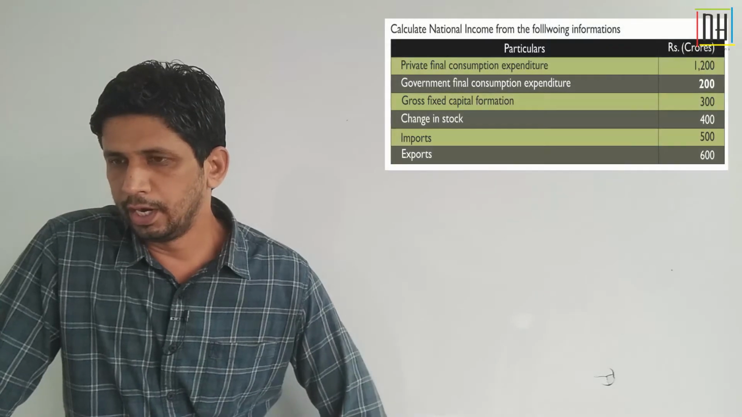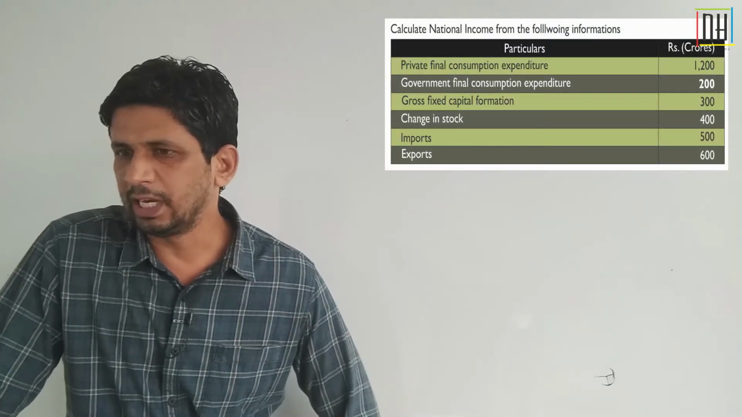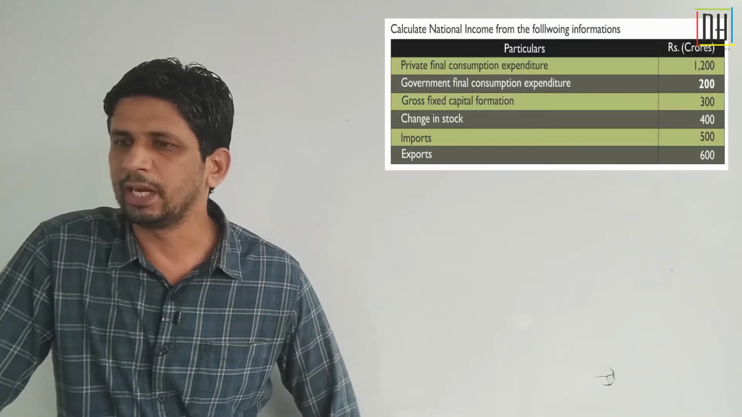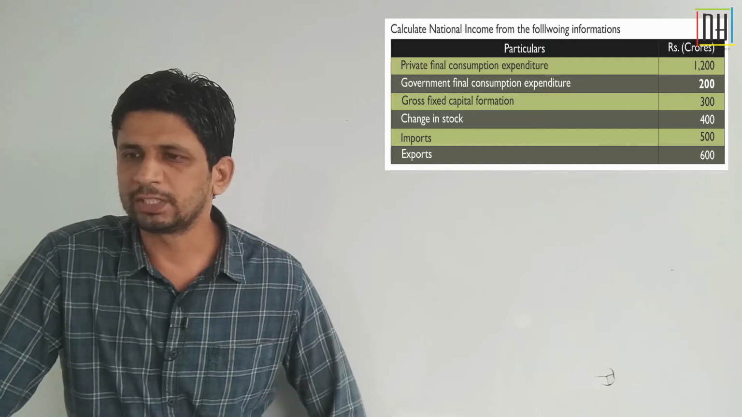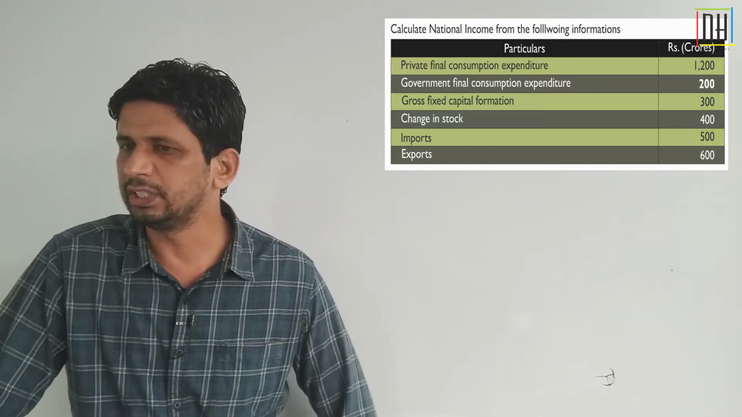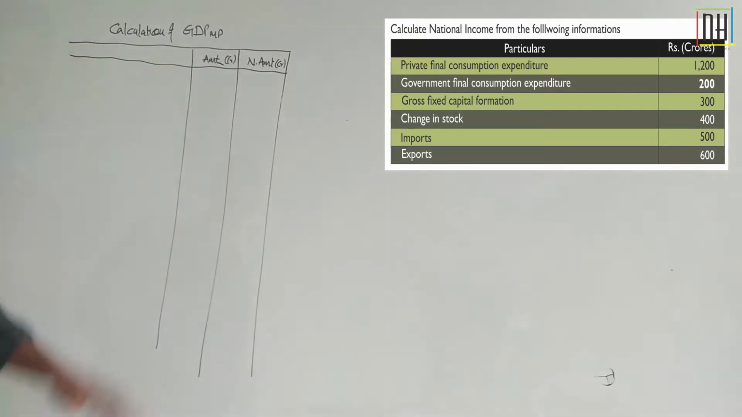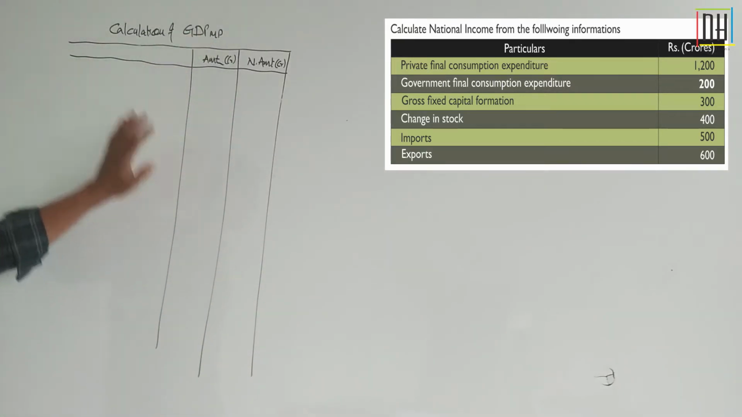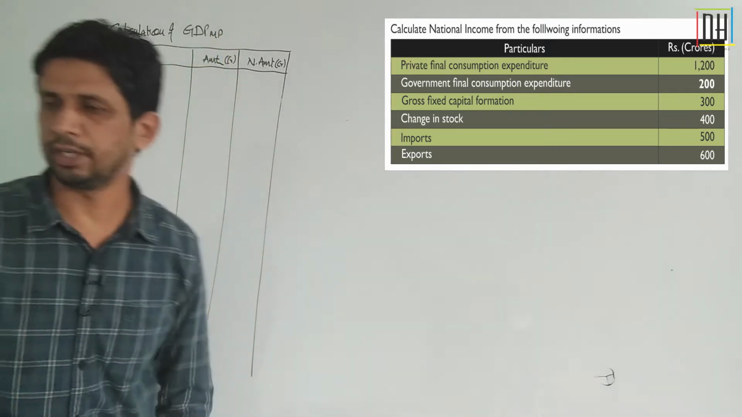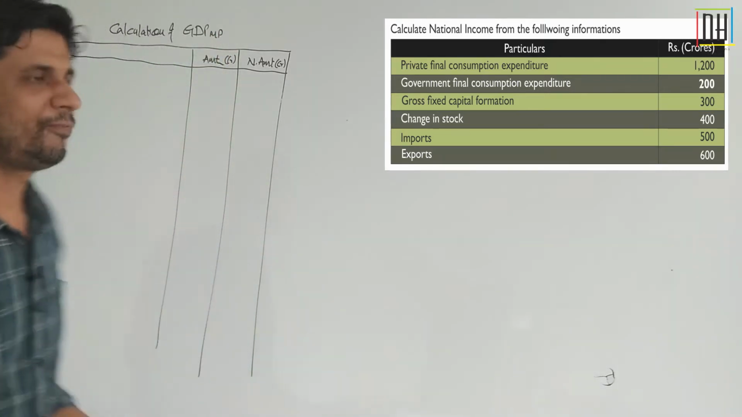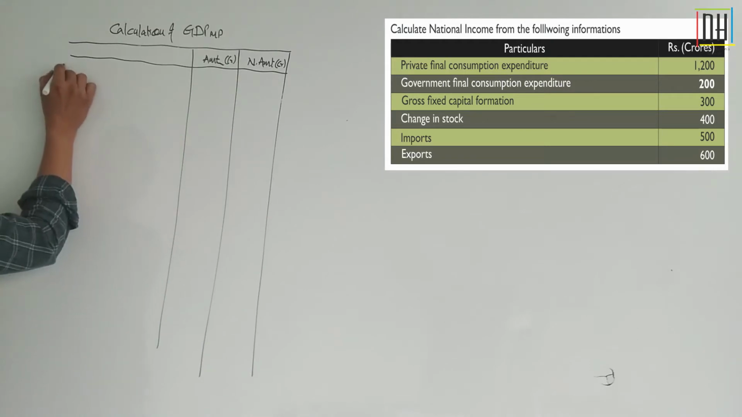Second question is calculate GDP at MP. We have to calculate the GDP only, gross domestic product at market price. And information is given: private final consumption expenditure, government final consumption expenditure, gross fixed capital formation, changes in inventory, imports and exports are given. So let's start. We have to do the calculation of GDP at MP, with particulars, amount in crores and net amount in crores. Our first constituent is A constituent,